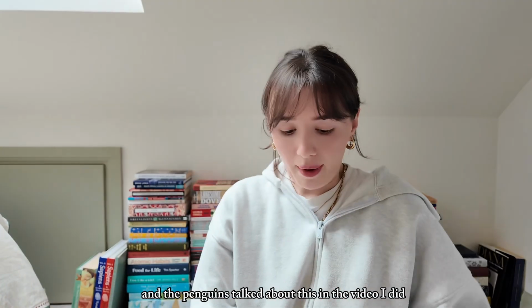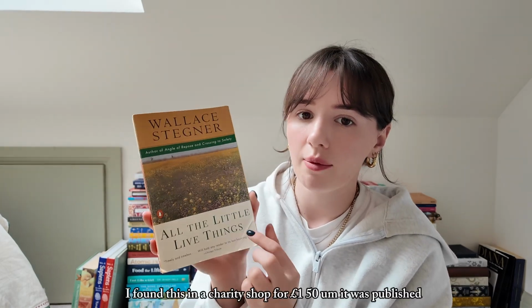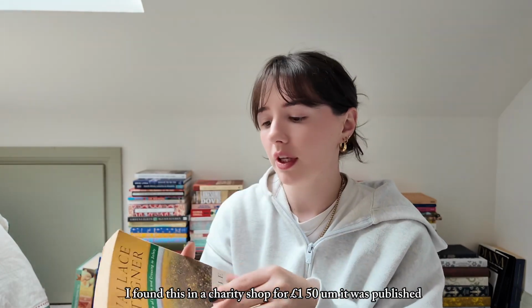I love that one. Then the Penguins. Talked about this in the video I did about niche books. I found this in a charity shop for £1.50. It was published...